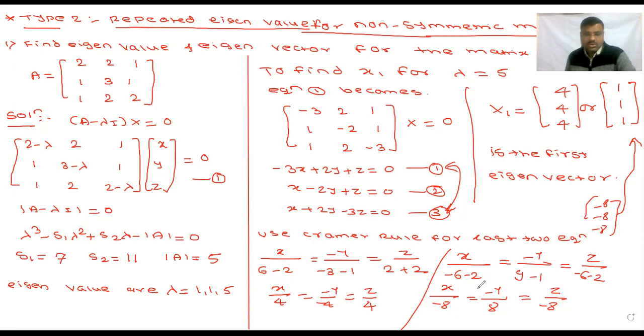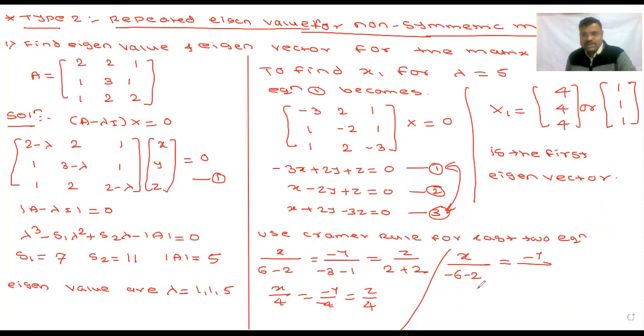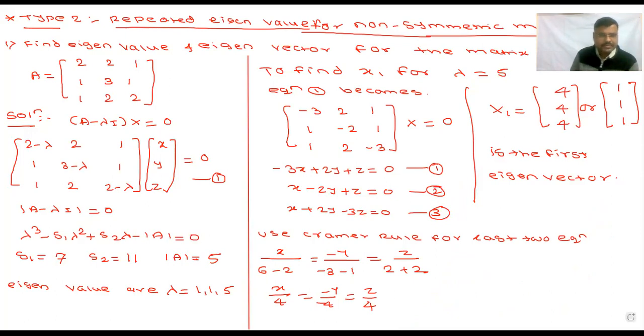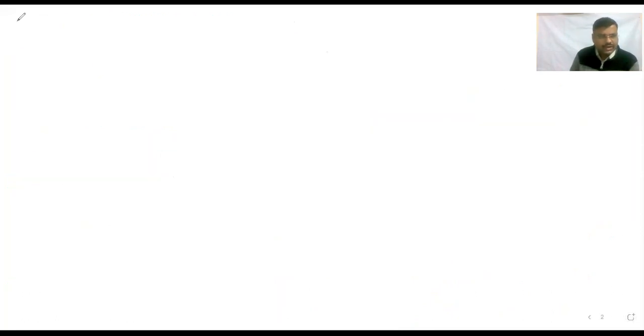Okay, so we go to the next. Now this step is very important. Now λ2 and λ3 will be the same. So we go to the next. So now to find x2 and x3 for λ2 equal to λ3 equal to 1. So equation 1 becomes,